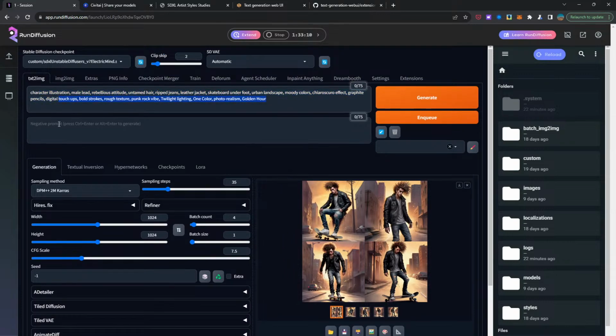So the clip skip will simplify a complex prompt. That's a very simple way to put it, but that's how I understand it. So let's put a negative one in here. Let's do some of the classic ones, like deformed, ugly. I'm open to any negative prompts. You got blurry,